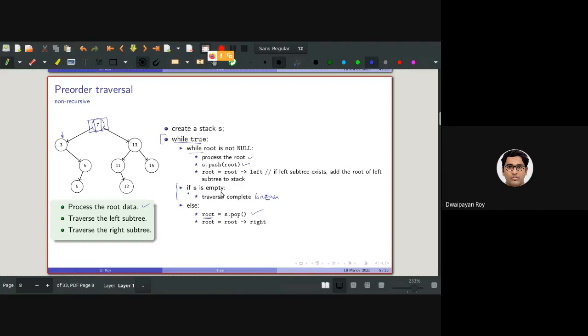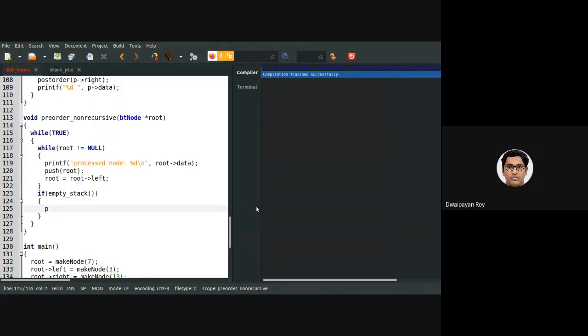Stack is empty means traversal is completed. So printf traversal completed. And then we need to impose this forcible break to break out of this infinite loop. So we place this break, and else.